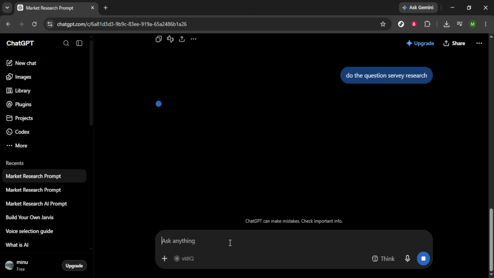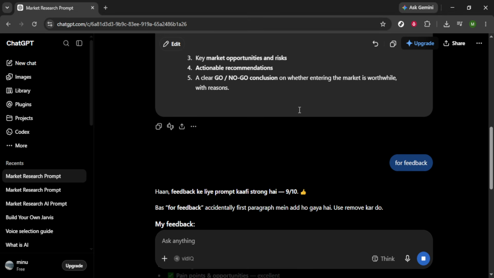To get the best results, be specific in your requests and don't shy away from iterating on your prompts. Treat ChatGPT like a diligent research assistant. Ask follow-up questions, request tables, seek summaries, and ask for sources or assumptions as needed. The more context and clarity you provide, the better the outputs tend to be. So, to recap, first, use ChatGPT for market exploration and broad